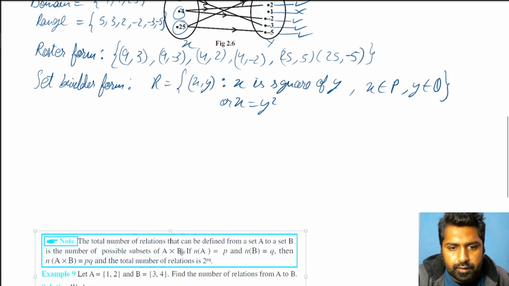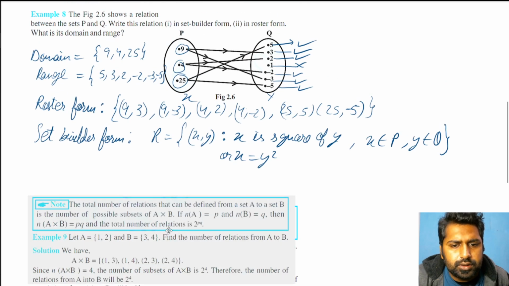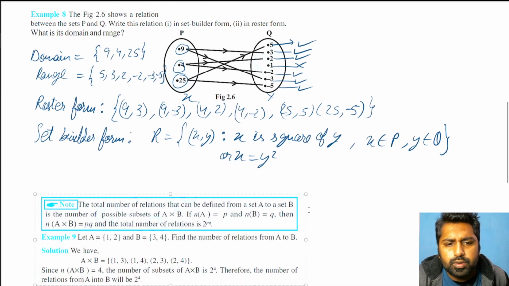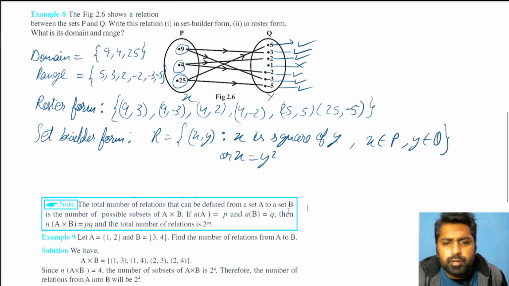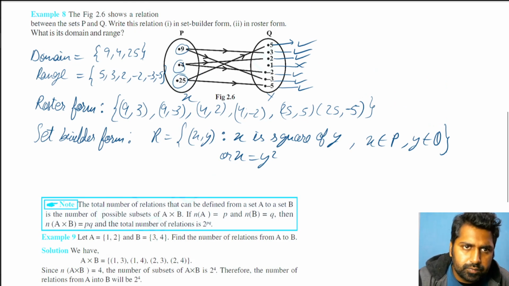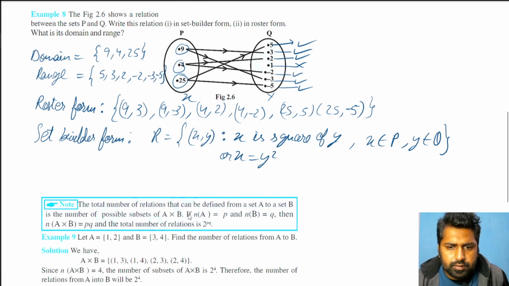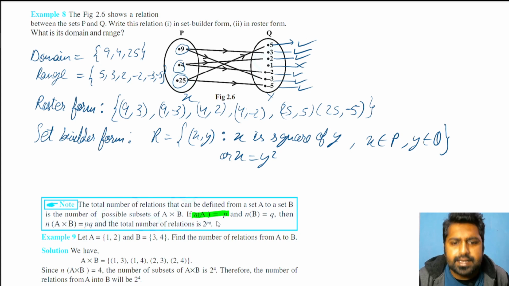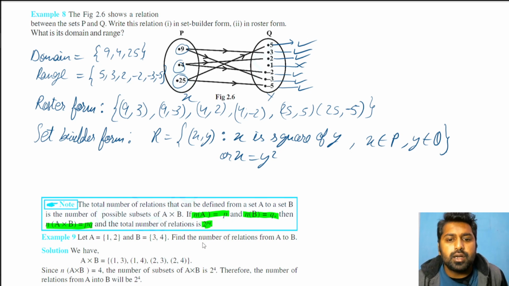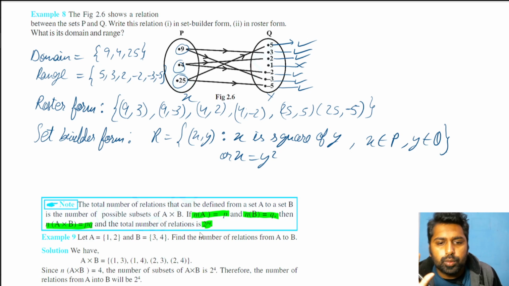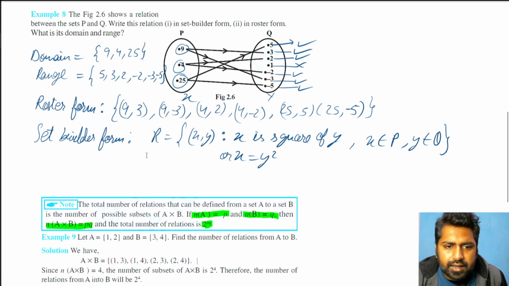Okay. All right. Next thing we have to talk about is total number of relations. So see, there are two sets again. Suppose set A has P elements, set B has Q elements. And clearly A cross B will have PQ elements. Now the total number of relations is 2 raised to power PQ. This you should directly know. Now based on that,